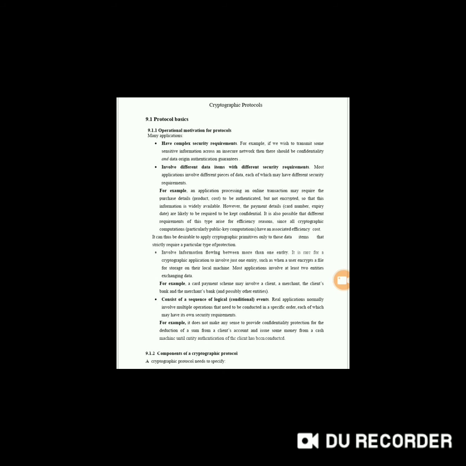So next one, the protocol messages. The content of each message that is exchanged between two entities in the protocol. So here, what information is exchanged at each step. So next one, the protocol actions. In this, the details of the actions that an entity needs to perform after receiving or before sending a protocol message. So here we need to take care of what needs to be done between steps. So these are some of the components of the cryptographic protocol.